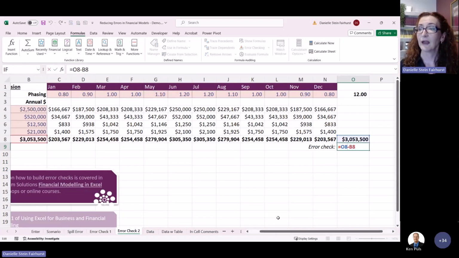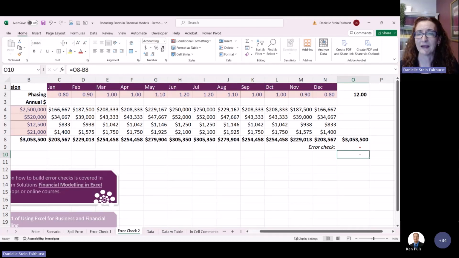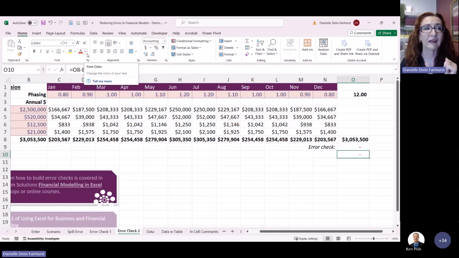Another method here, and that's probably my favorite, is just one cell minus the other. It doesn't need to be complicated, just something super, super simple. Just one cell minus the other. And then I just find the quickest way to do that, rather than I don't want to see it like that. I usually just go boom like that, make it into a little dash and then just change it to red. That way you see a little red dash, you can see that that's an error check. That's my personal favorite of doing an error check. So that's the 10 strategies.